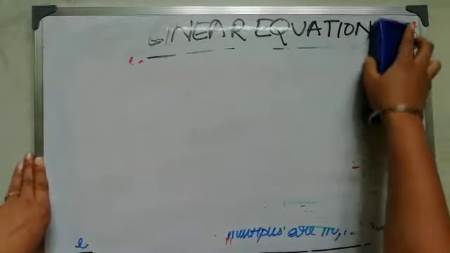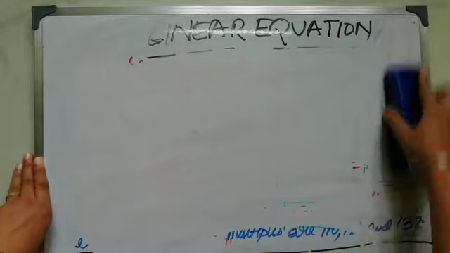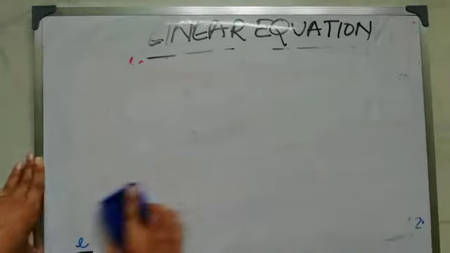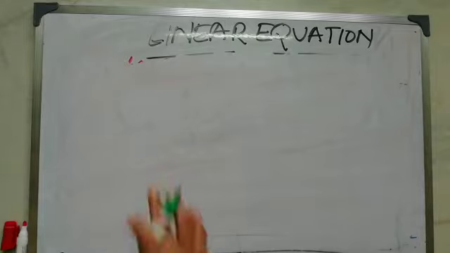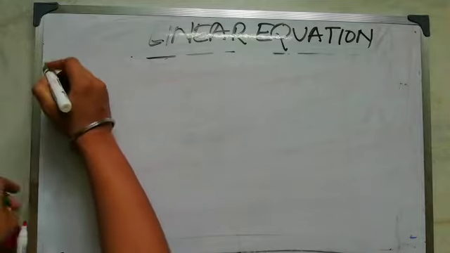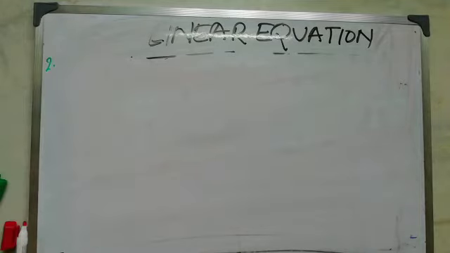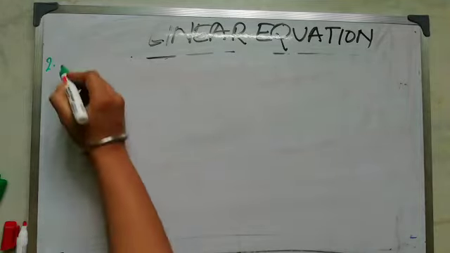Next sum is on ages, but obviously that will also involve a linear equation. Now see students, here one important thing to notice is, whenever you are solving a linear equation, keep one thing in mind, that you have to first form one linear equation and then only you will be able to solve it. Now our second sum, the present age